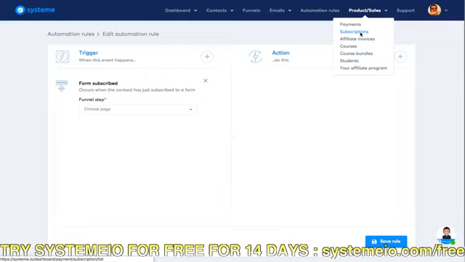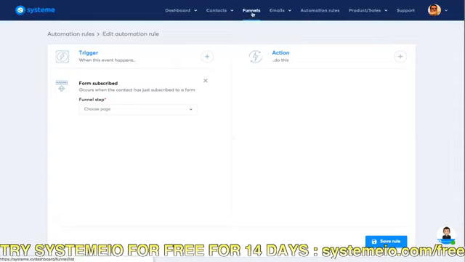You can set up very complex offers. You can create course bundles. So if you have several products, you can create a package.